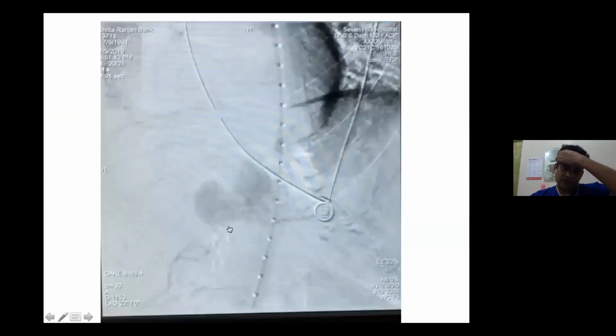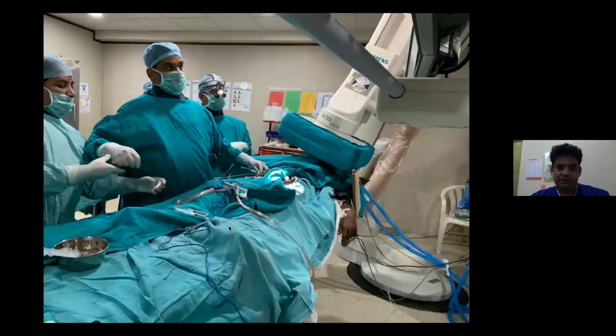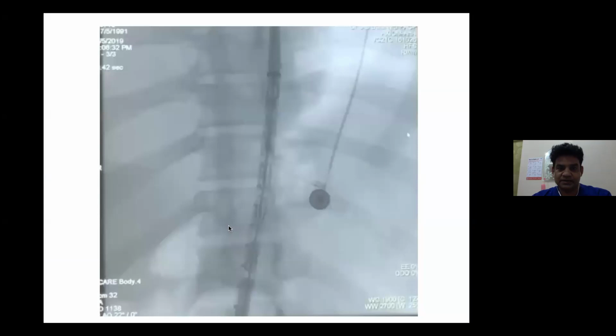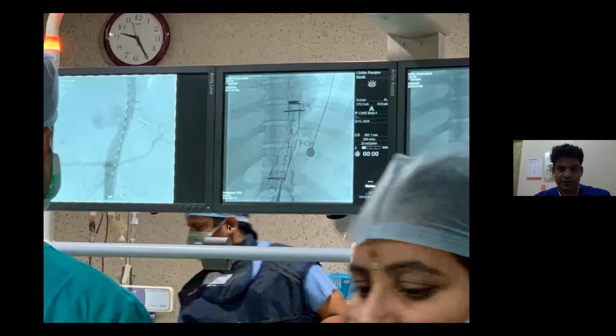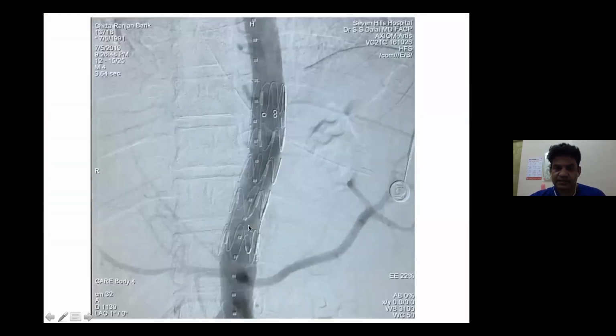This is a transection of the thoracic aorta, and we decided to go ahead and treat it. This was about 9 o'clock in the evening. This is the transection of the aorta, and this is our measurement. We have this pigtail over there, and we measure to put the stent graft. So by 9:26 we were done with our graft, and we can see that the leak